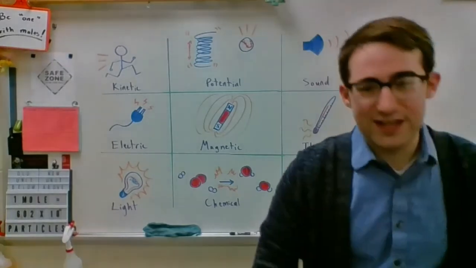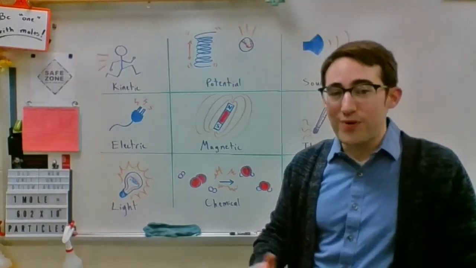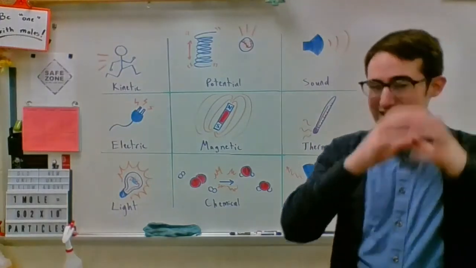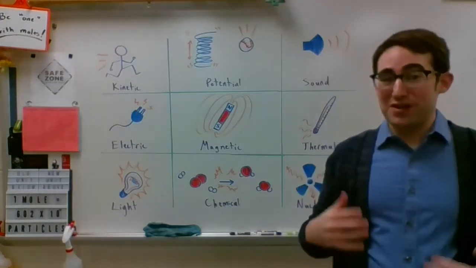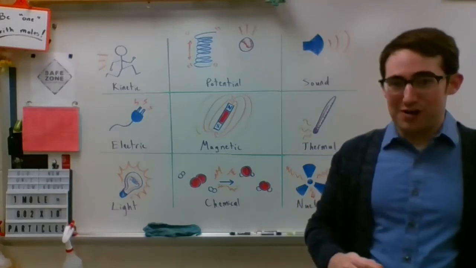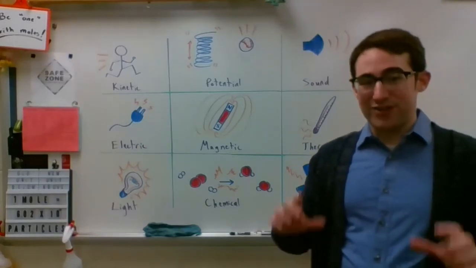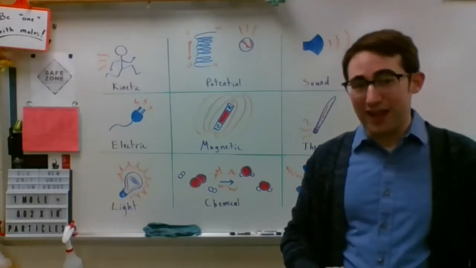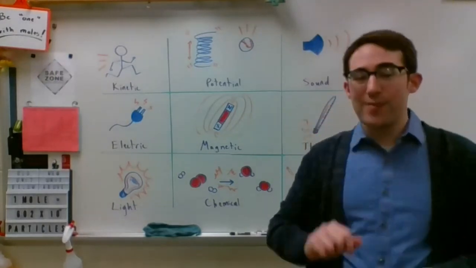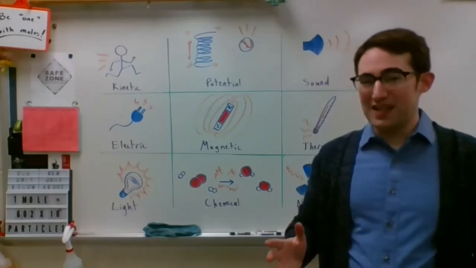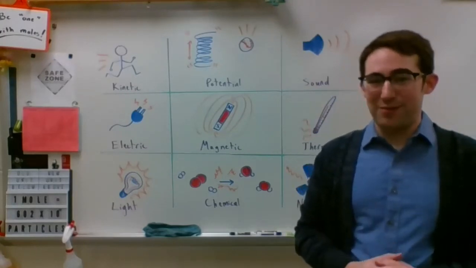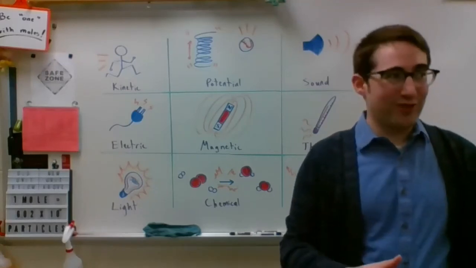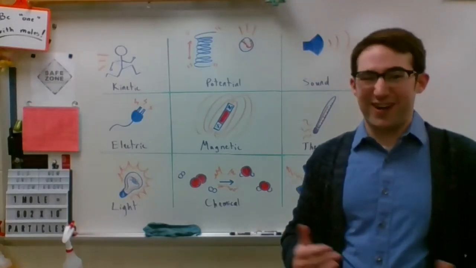You can also look up videos of things called a spinthariscope, which essentially is like a little tiny kaleidoscope you look into to see the light emitted from nuclear changes, okay? Kind of the same idea, we have a screen that fluoresces every time radiation hits it instead of UV light, and you get all these beep, beep, beep, little pings of light that you can see, okay? And people have been able to film that on YouTube. My camera doesn't work well enough to film through my spinthariscope, but you can find all kinds of stuff on